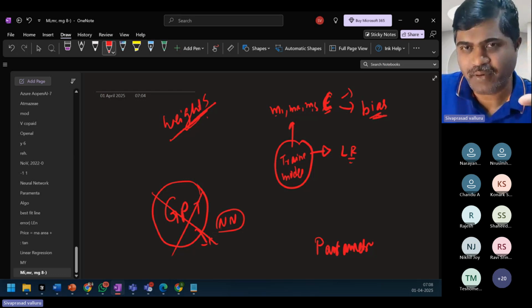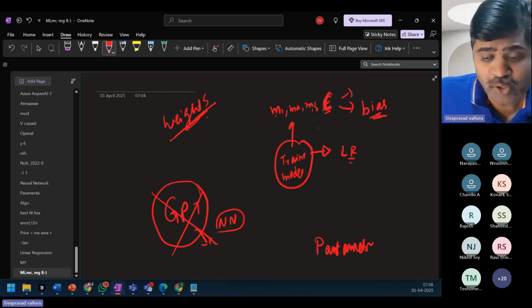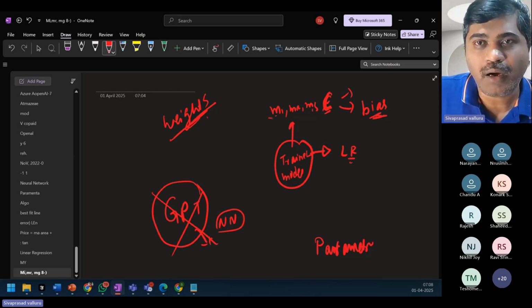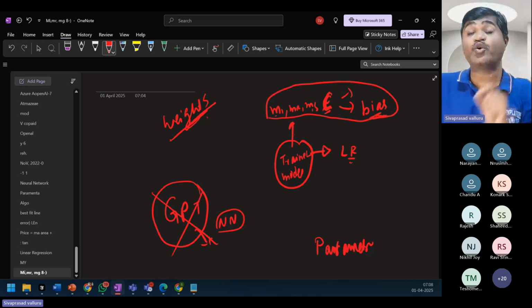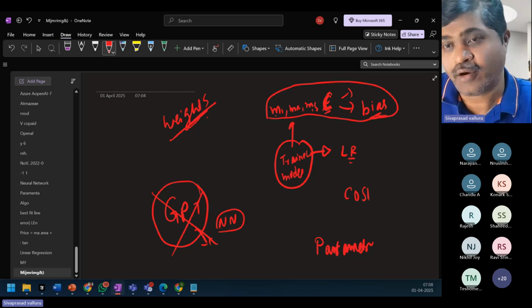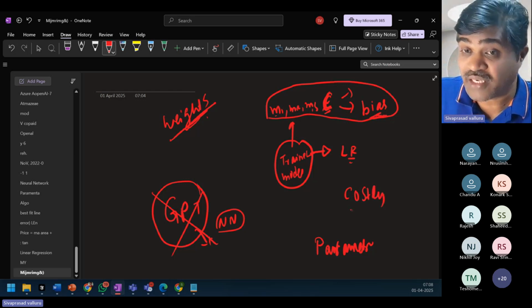I just gave an example, but I hope now you will be able to visualize what a trained model is. Once I have a model which is trained, that means all these weights and biases are calculated. And I wanted you to identify that training will be costly in terms of time and resources as well.